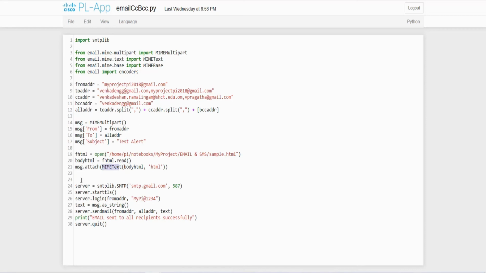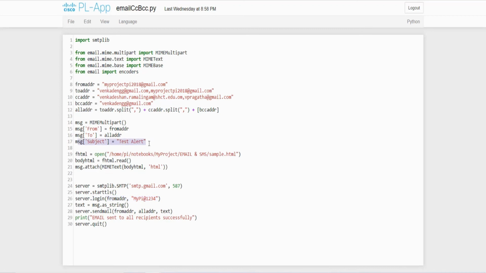After that we have to establish the connection with the server. For that, here I have created a reference called server equal to smtplib.SMTP. Inside that we have to pass our domain, which is gmail.com, followed by the port number. After that it has to establish the communication using starttls, the secure way of establishing the communication. After that we have to provide our login email ID and password. Here I am passing these two values, from address and the password, inside the function called login. Once this is successful, we have to send a message.